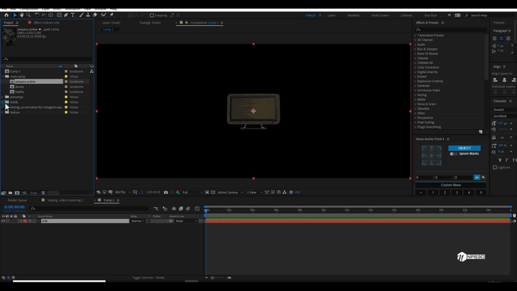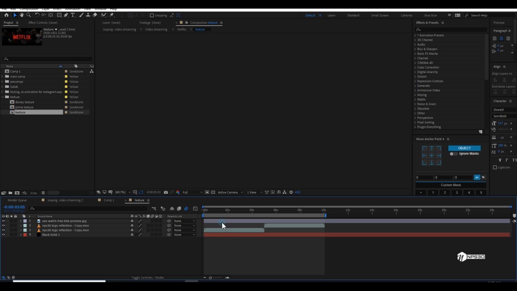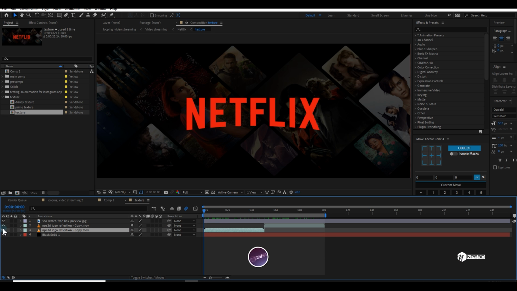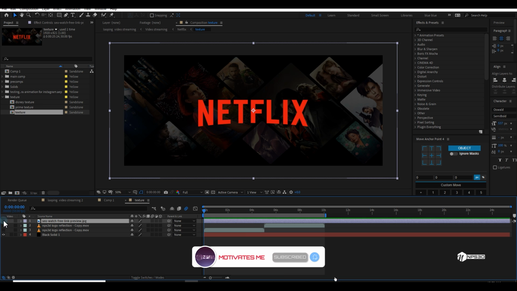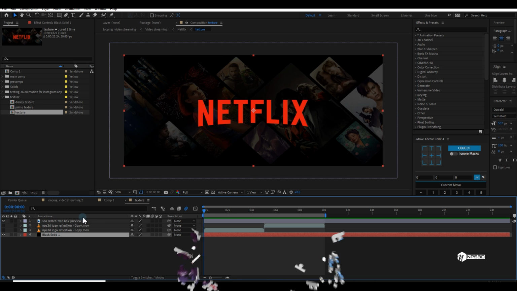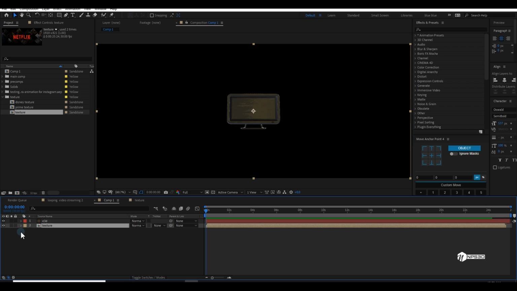So let me show you. This is a basic thing. You can create a texture. So here you can see if I hide this NVIDIA 3D logo. This is a basic and simple texture, and this is a black background. I downloaded it from Google, and then I can load that texture here.